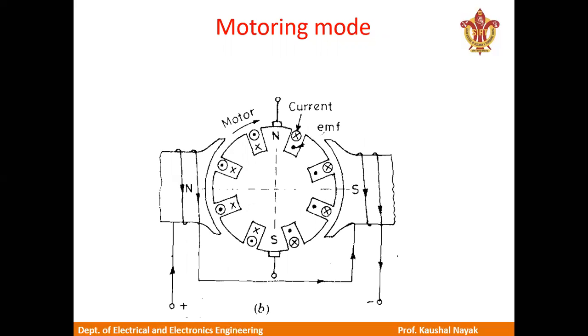This figure shows the motoring mode of operation of a DC machine. Direction of currents in the armature conductors is indicated by crosses and dots within the circles in the slots. These currents establish north and south poles on the rotor and their interaction with the stator north and south poles results in